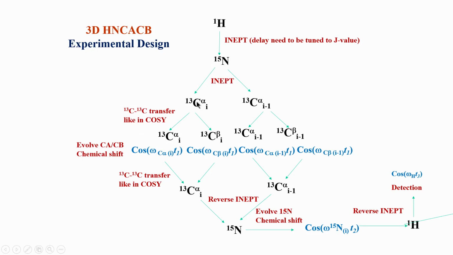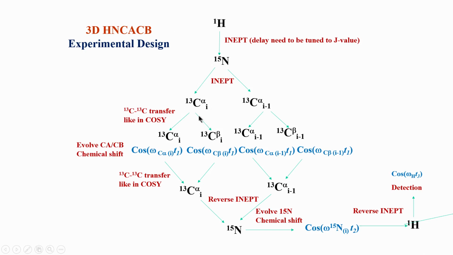Now, further what we do is we add a CC transfer step like in a standard homonuclear COSY. Why do you do that? Because we can go to C beta now, the next atom. But as I showed you in COSY in the 2D NMR part, we can never go 100% to 1. We can try if we use a specific delay value, but we normally use a delay value such that some remains on itself and 50% relays to C beta. So, about 40 to 50% goes here and the remaining 40 to 50% or 60% remains here. Okay.